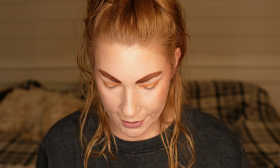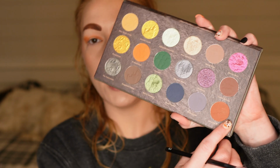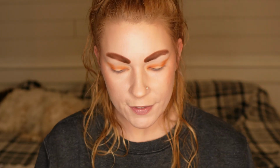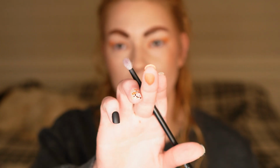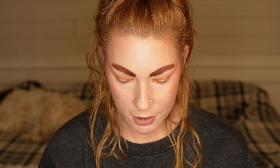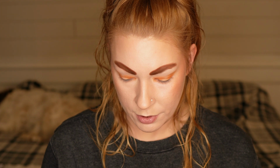Okay, so to deepen this up, I am going to take that, I don't want to butcher the name of it, but this bottom shade right here. I think that this is going to be a really pretty brick red almost shade. The ring light might wash that out a little bit too much for you guys. Actually all of the shades that I'm using right now I have not yet used, so hopefully